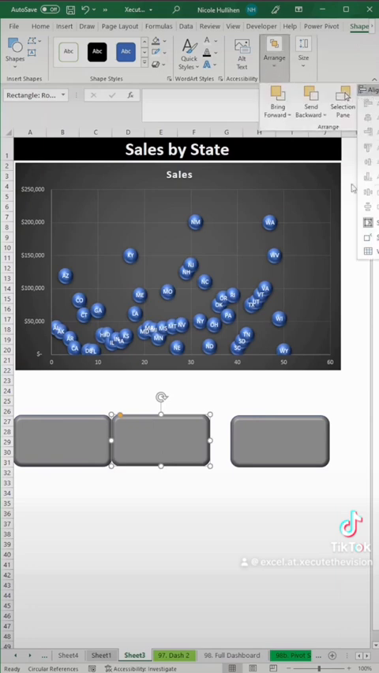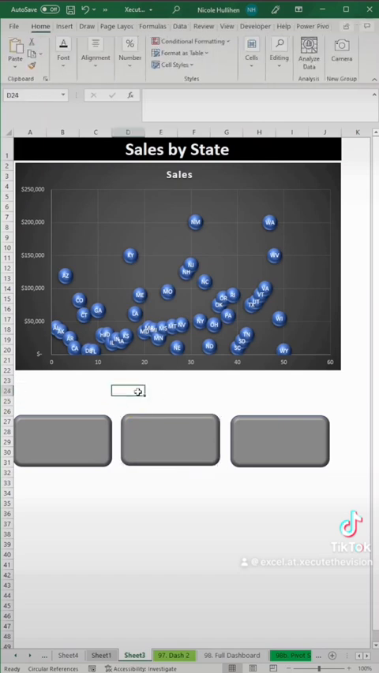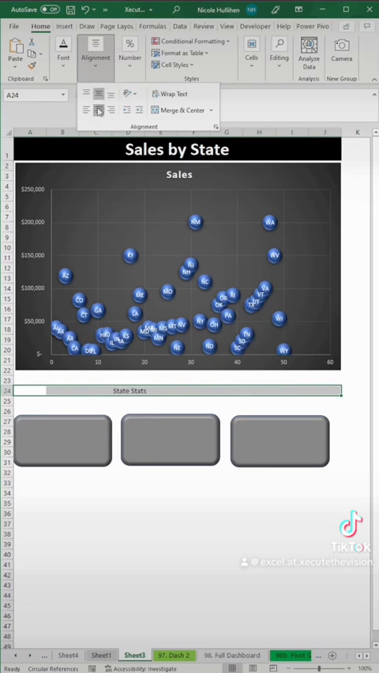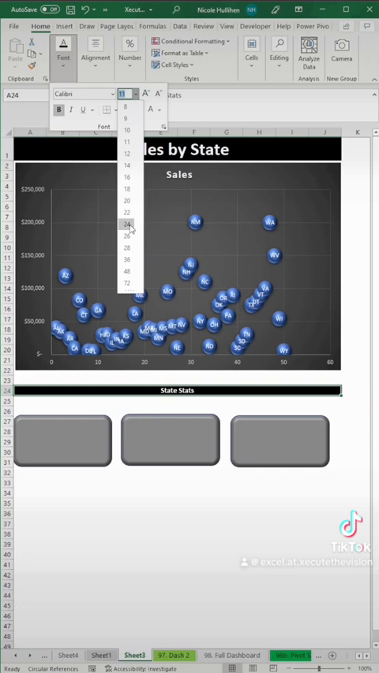Now I'm having trouble with the snap to, so I'm going to go up to align and turn that off so I can move these into place. That looks a little bit better. And now I'm going to add a title. These are just going to be state stats, so I'm just going to call it something basic like that. And I'm going to do some centering and changing of the font, the background, just so it kind of matches